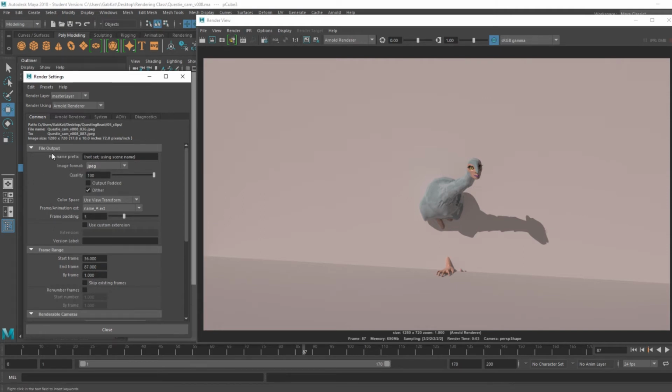And for frame animation extension, this is probably what's going to make the biggest difference. If you set it to single frame, you're just going to render out one picture, just the frame that we have in our screen here. If you set it to one of these on the bottom,